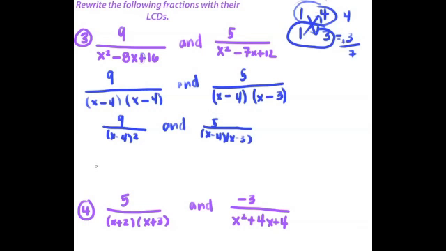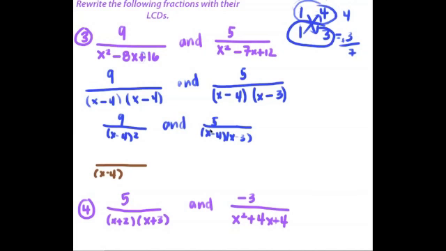So I have x minus 4, I have an x minus 4 again on the other one, and an x minus 3. Okay. But what's different about this now is that for the x minus 4s, there's not just one of them. You're going to treat them just like what we did on the previous number 1. Looking at this,